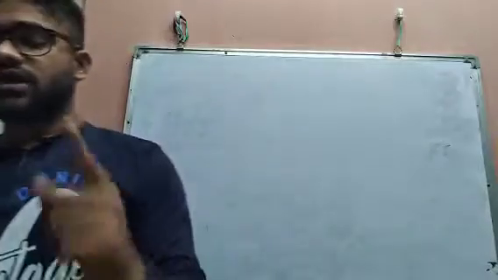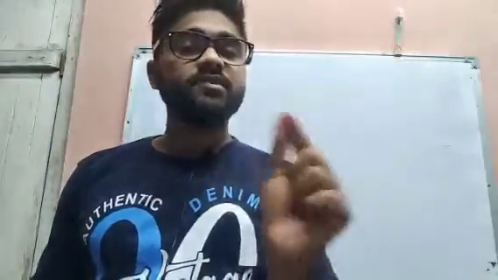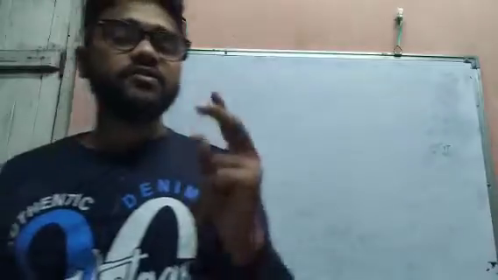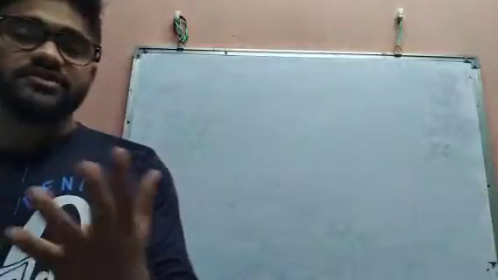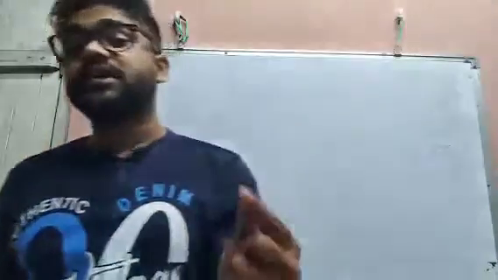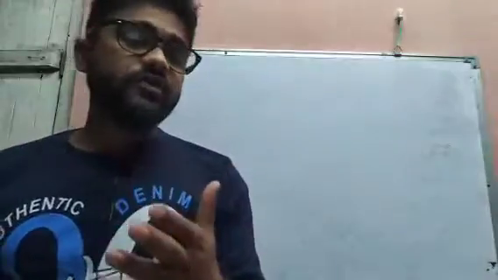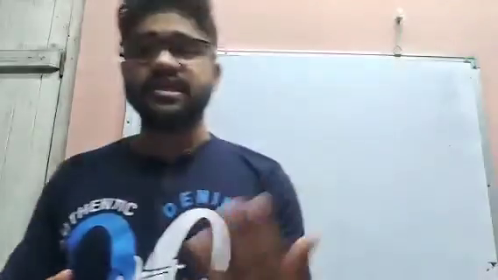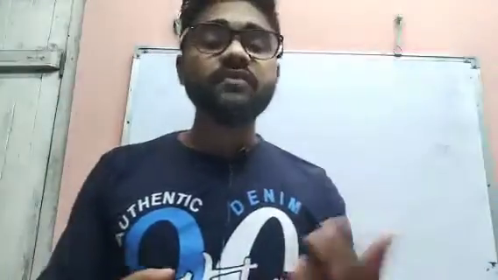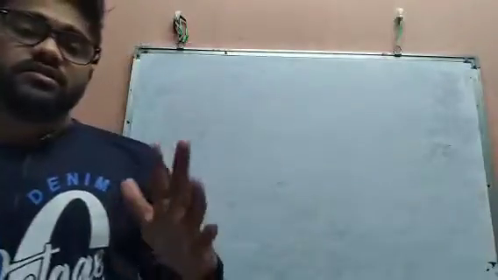Okay, so we will discuss how to find the answer when we have been given two data, then how we have to find the data that is not given. Suppose you have been given the speed and the distance, then we are going to use the formula, then we will find what? Time. Again, if you have been given time and distance, then we can find the speed. Again, if you have been given speed and distance or speed and time, then we can find the distance by using the same formula. Okay, so let's start some numerical problems today.